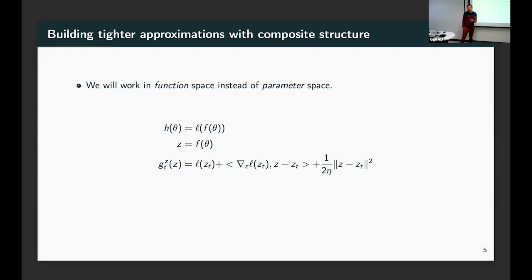I don't think parameters are very useful. And I think the reason why in optimization, at least in continuous optimization, we reason in terms of parameters is that back in the day we had linear models, and coming from statistics, the parameters kind of meant something. Right now we have deep nets, you have all of these symmetries, and it's impossible to reason in parameter space. We don't really know what the network does in parameter space, and really the only thing we care about is what kind of function it encodes. And in the case of a linear model, you really have an equivalence between the parameters of your linear model and the function encoded by it, because this is just a dot product.